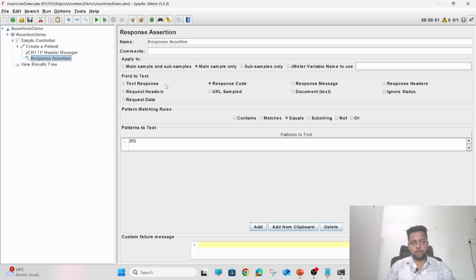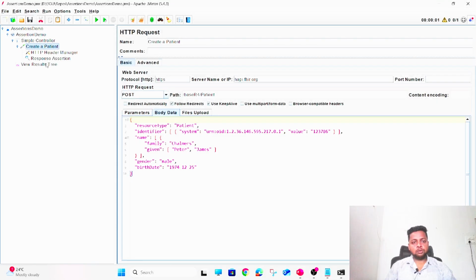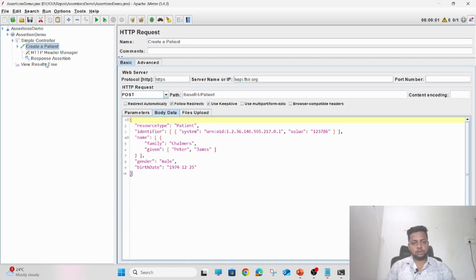So let me show you another assertion, that is JSR 223 assertion, a very important assertion which is used in JMeter for a lot of things to check in the script. So in order to show you that, we have to create get request. First we have created post request where we have created a patient. Now we will try to fetch this patient details by creating another get request, and there we will make use of JSR223 script assertion in JMeter to make sure whether we have fetched the correct data